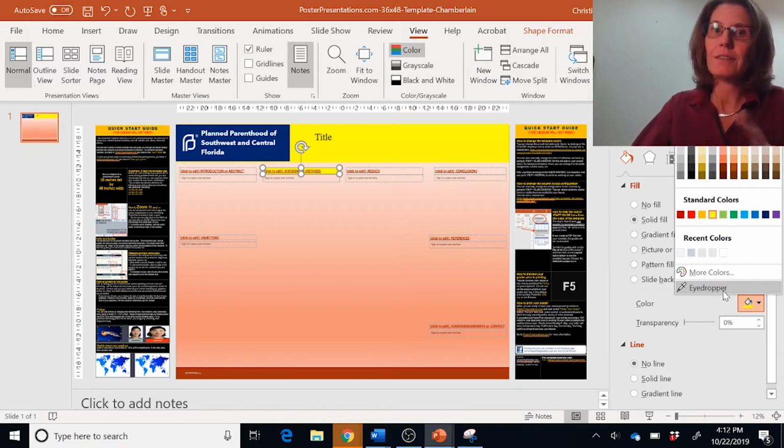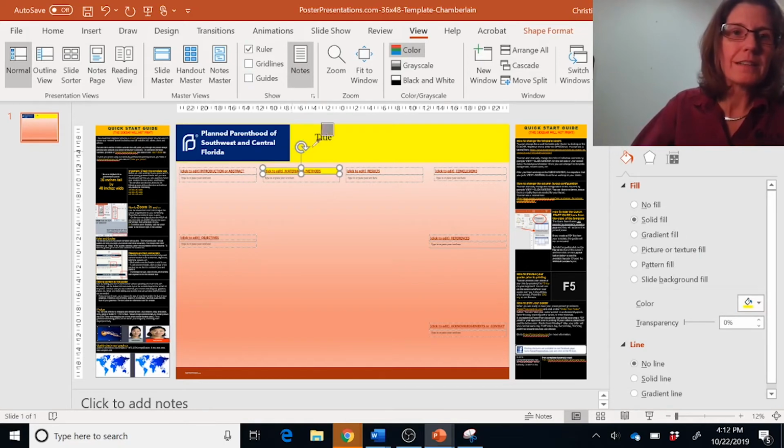In this version, you've got to use the PC version. And you click on eyedropper, and then you can see my little eyedropper guy in the middle here. And he changes his little box of color depending on what I have it over. There we go. I'm going to take that purple, and it makes it purple. Look at that. Now you're going to have to change the color of the font because it needs to pop,